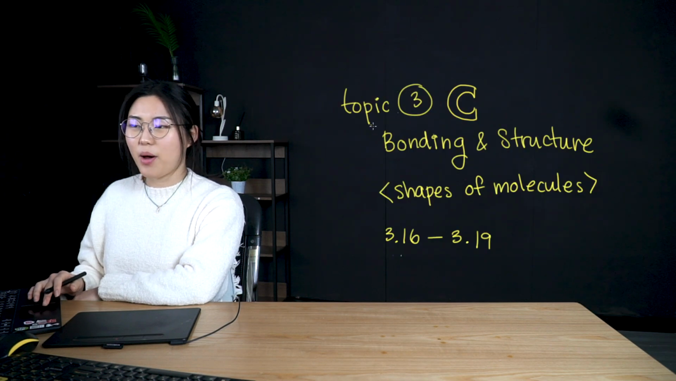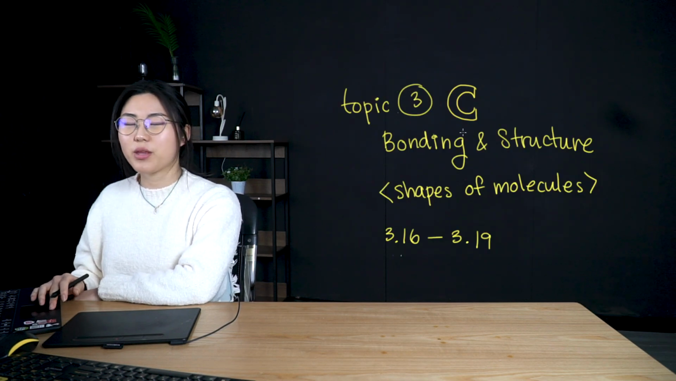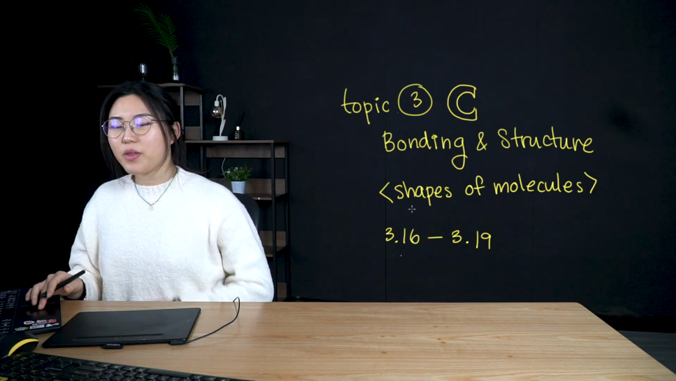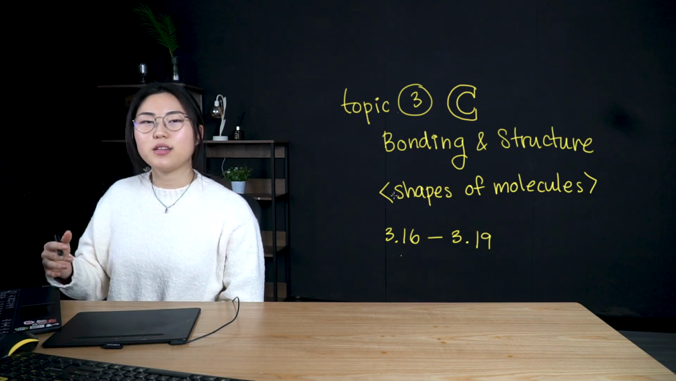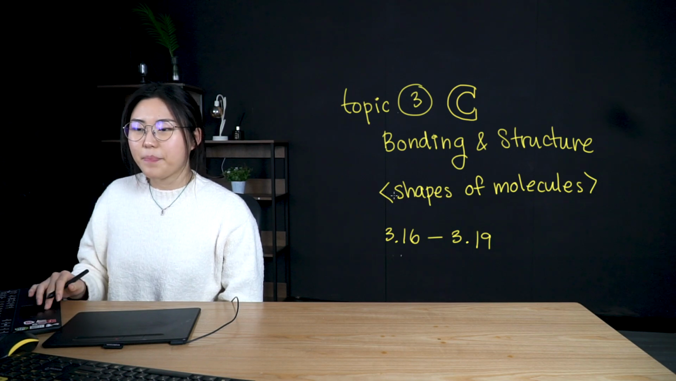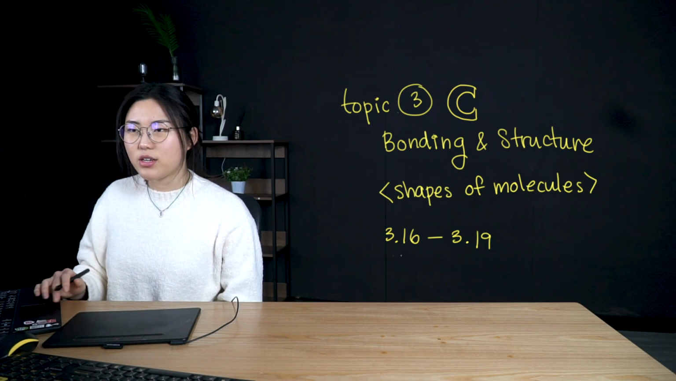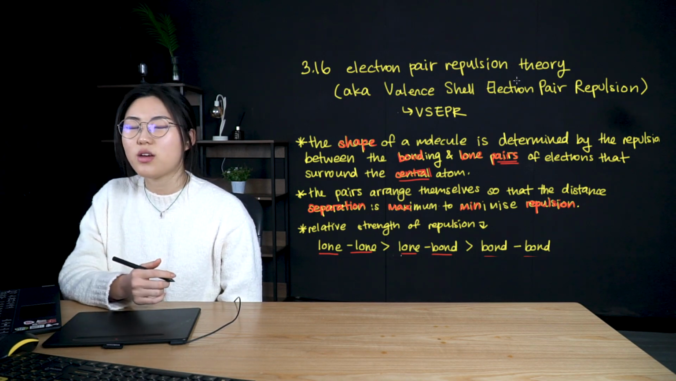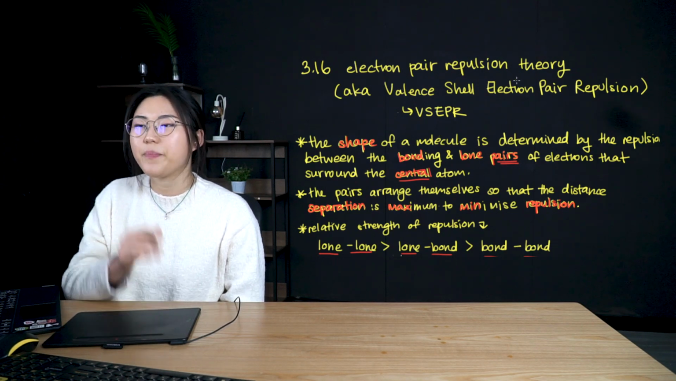Okay, in this video, I will be going through bonding and structure, which is topic 3C in our syllabus of Edexcel IAL. So I'll be going through basically the shapes of molecules. Okay, let's start. Before we actually discuss all the shapes of molecules, we have to go through the electron